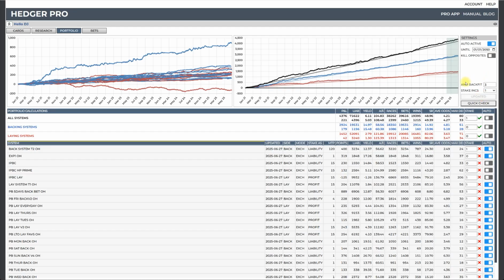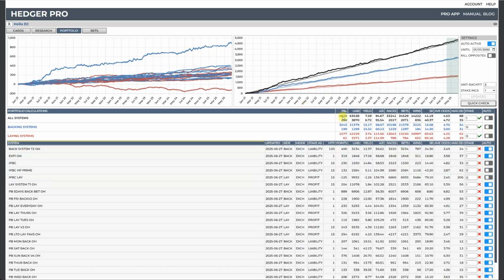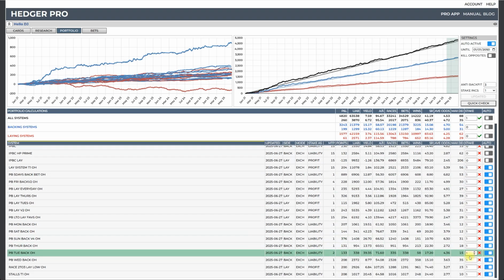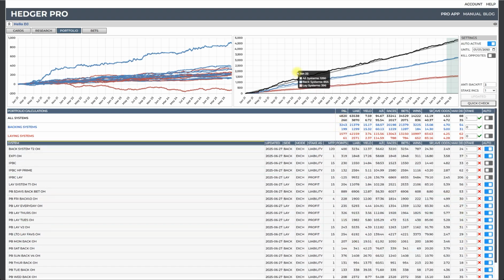If I just click update again, my bot is now active and it'll place a £1 stake per bet for the systems I have selected. So just to recap, you have all of your information for the systems that you have running concurrently that you've selected over here, and you've put a stake in. So this is the information that shows on the graph for the back-in, the lay-in, and overall, and it's at the top line, and that is the correct information for those systems. The line underneath that is the anti-backfit figures,